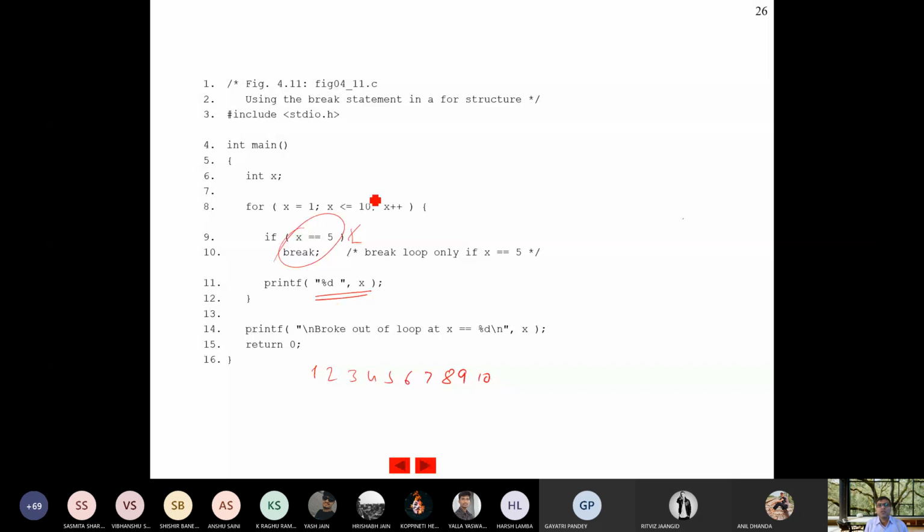Why? Because we have given a condition: if the value of x equals 5 comes, it will break from this particular looping condition, and it will immediately go on to increase the value of x. So after that 6 will be executed. This is the reason whenever a break comes, whatever statements there are, suppose there are multiple statements, up to this curly brace it will discard all the statements. Fine.